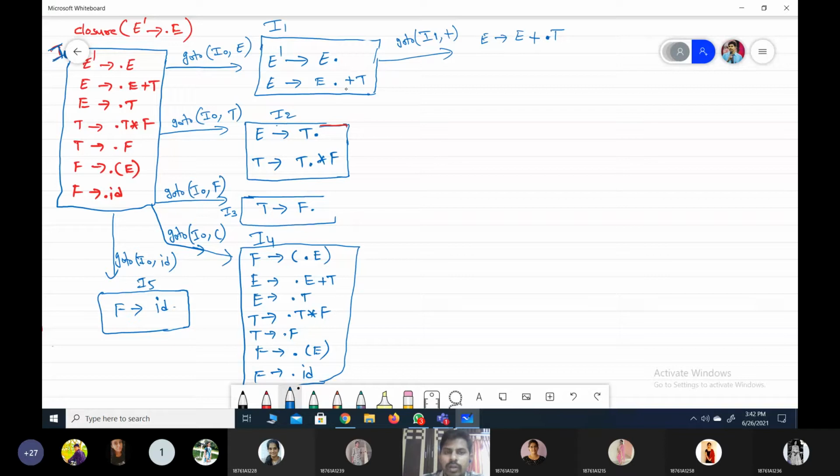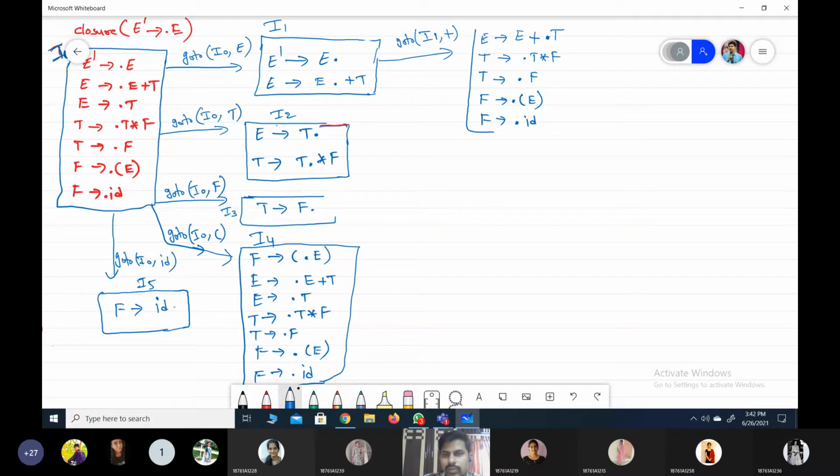Here only one production that we have has the possibility to apply that symbol. Even if you observe that after the dot, we have non-terminal T. So what are the T replaceable productions, once again from the augmented grammar? T tends to dot T star F, and then T tends to dot F. Once again, after the dot non-terminals T and F are available. T replaceable productions we have added, but F replaceable productions we have not added. Then we add F tends to dot open parenthesis E close parenthesis, F tends to dot ID.